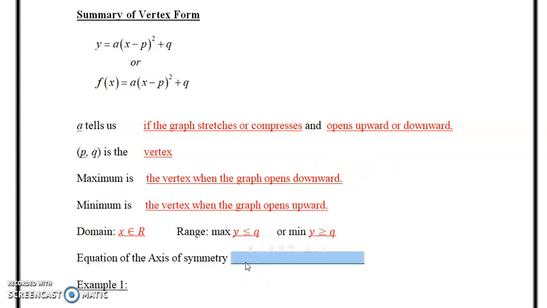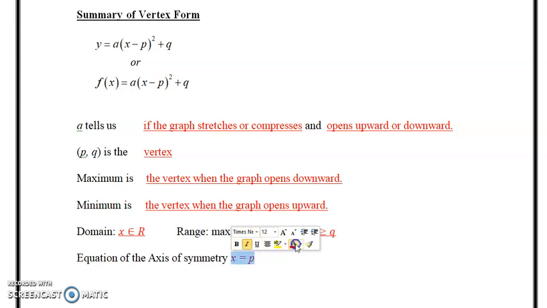And the axis of symmetry is given by x equal to p. It's whatever your p value is in your vertex, which is your x value, obviously. So x is equal to p of your vertex. So p and q represent your vertex. That is how we combine